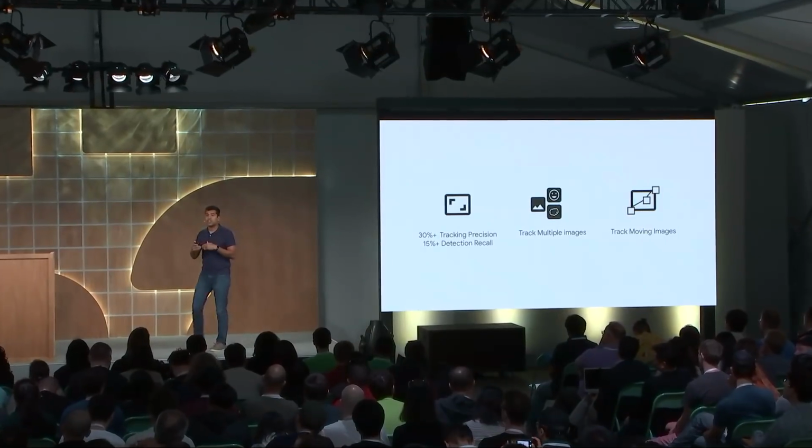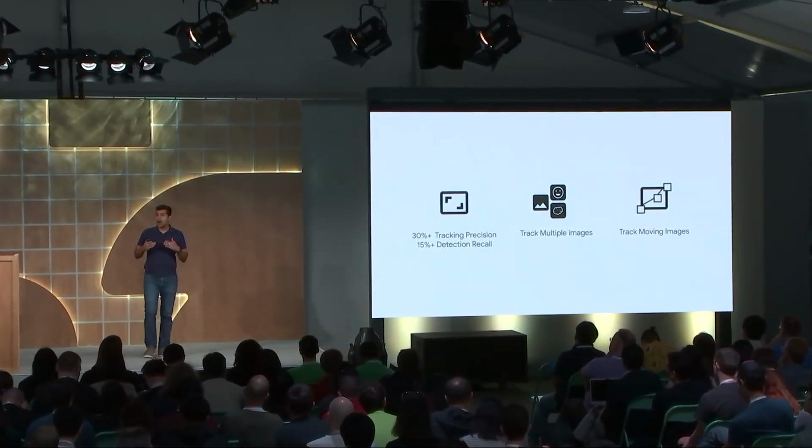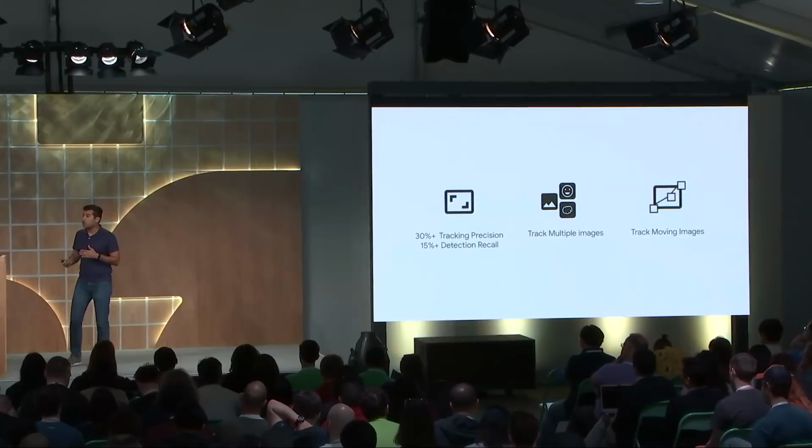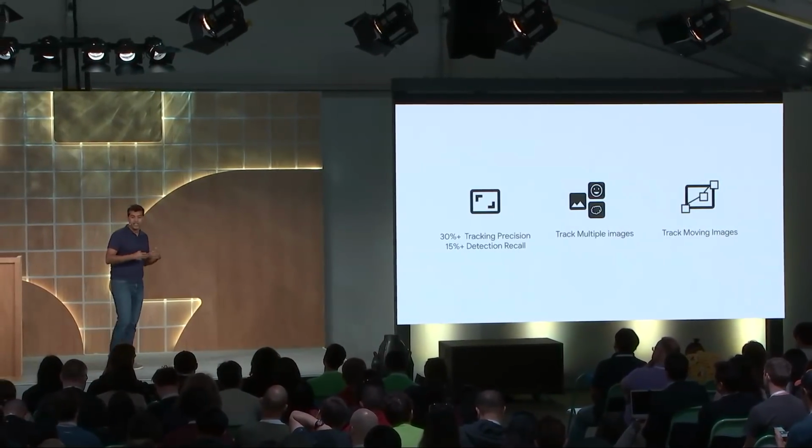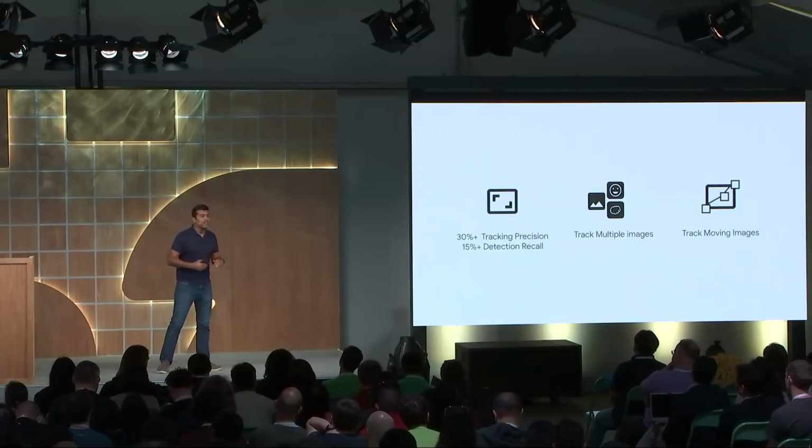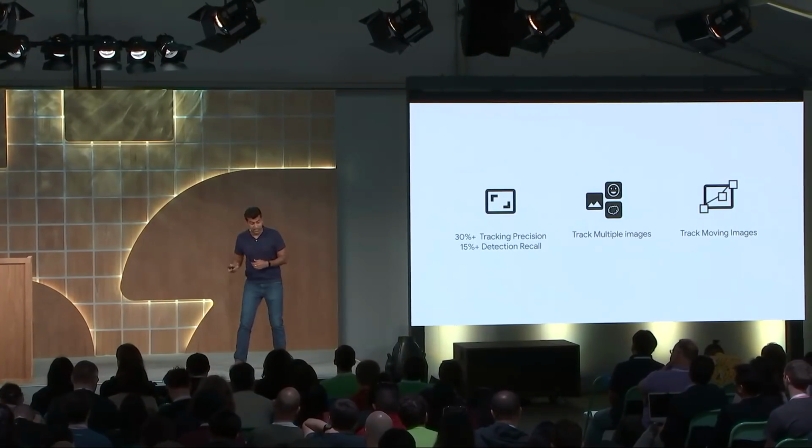We've had a couple of algorithmic improvements under the hood, which lead to much higher tracking precision and much higher detection recall. What does that mean for developers? When you start anchoring virtual content on top of real physical objects, your margin of error in terms of how much the content can shift around while you're tracking is super small. The improvements we made in the past several quarters will now allow you to start annotating real-world physical objects and give your users an illusion that it's actually there.